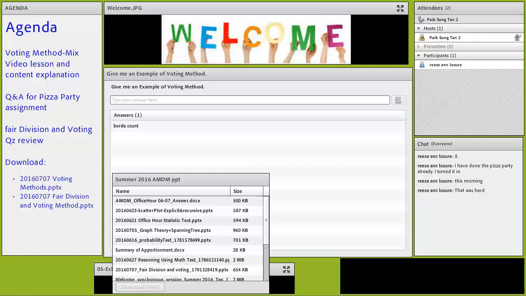Let me see. Building robot was hard. Pizza party was hard. Okay, I saw your submission of building robot. You turned it in this morning. Good. I was worried yesterday when I graded. Yes, that's why we want to look at